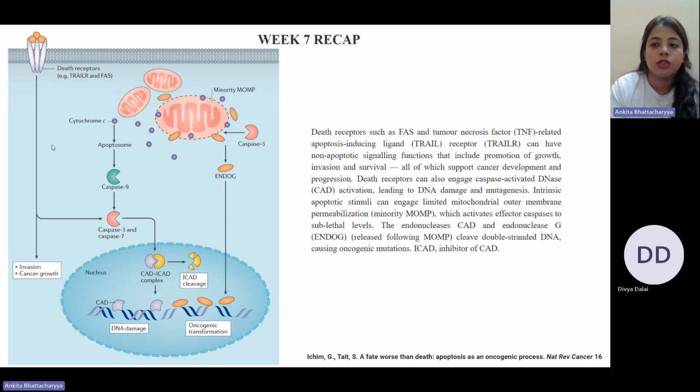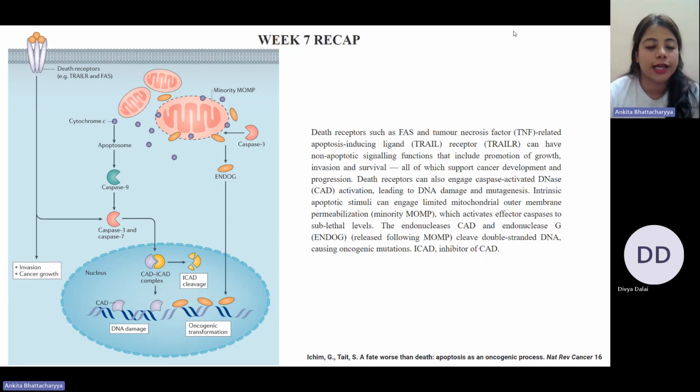Now here you see a comprehensive view of what exactly happens with apoptosis in the context of cancer. Death receptors like FAS and TRAIL-R that we just talked about can have non-apoptotic signaling functions. What type of functions? They can promote the growth, invasion, and survival of cells. All of these will support the development of cancer and its progression. Death receptors can also engage CAD, which is caspase-activated DNase,